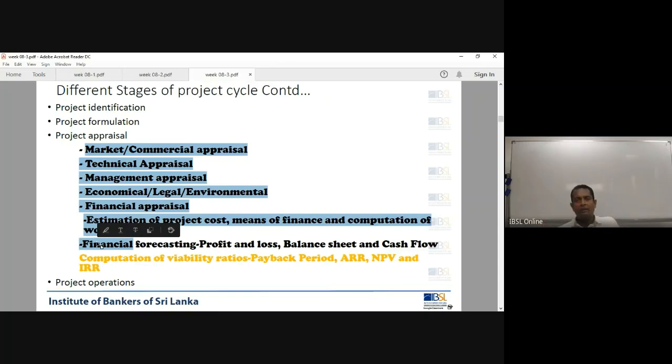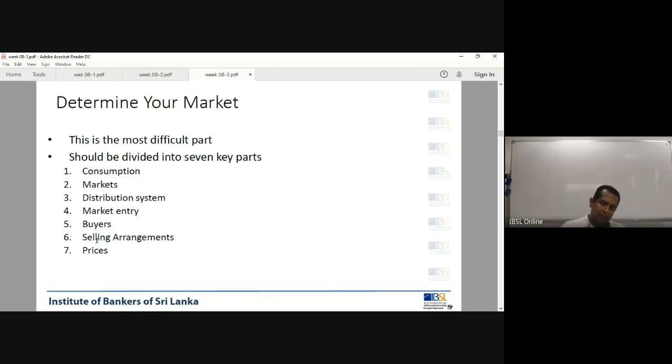Then it goes to the management appraisal. Management appraisal is the human resource side. What is the organization structure? What are the functions of different departments? Who are the key people we want to hire? What kind of experience and exposure do we need? All headcounts: how many people are we going to hire? All those things are again linked to the market. We know the market, we know the production capacity, then we need humans to operate this business, right? So we covered those things: market, technical, management.